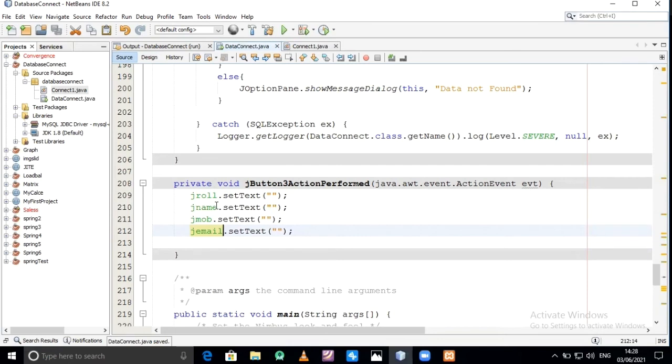With the help of this, it will clear the information which is available in the text boxes.